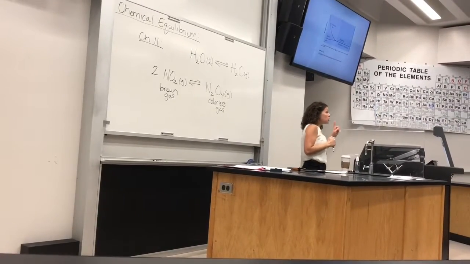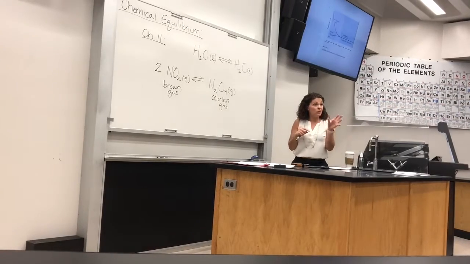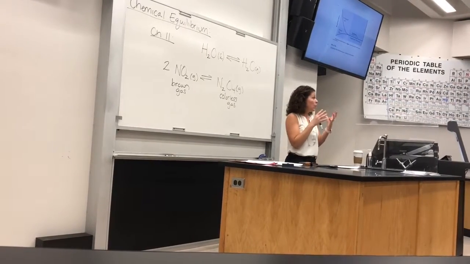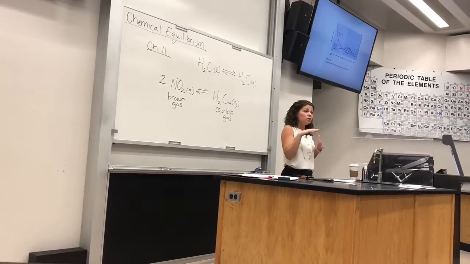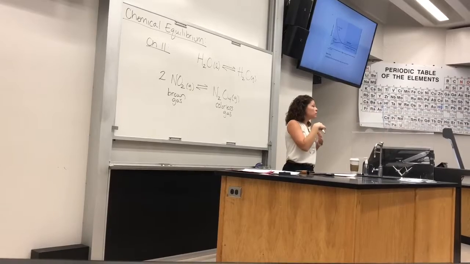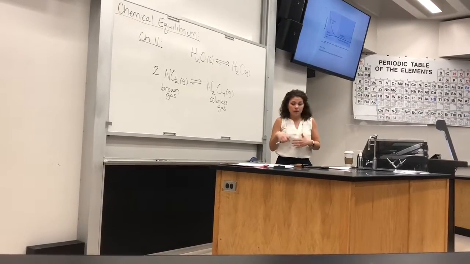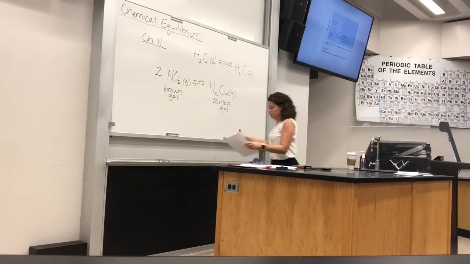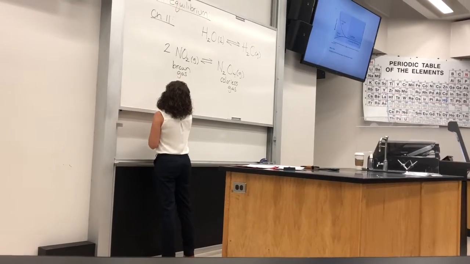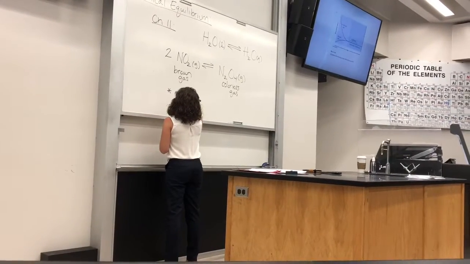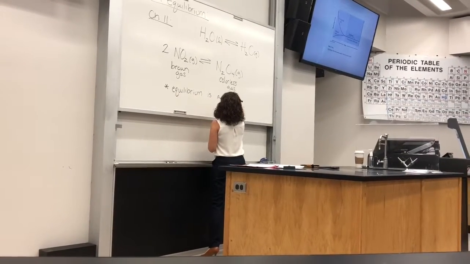But there will reach a point in time where the color doesn't change anymore. So you'll get to this lighter brown point where it's just going to stay like that. And that's the point in time where you've reached equilibrium. Okay? The rate of the forward reaction is equal to the rate of the reverse reaction. Okay? And so, equilibrium is what we call